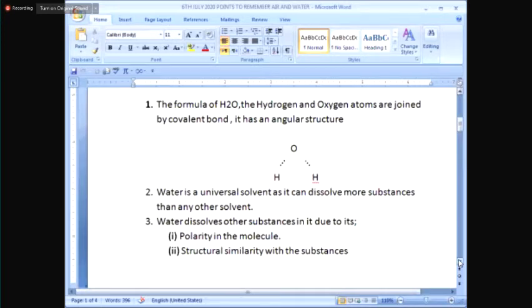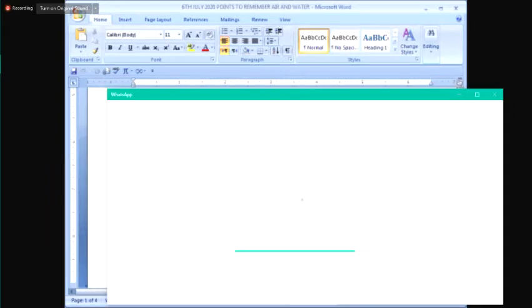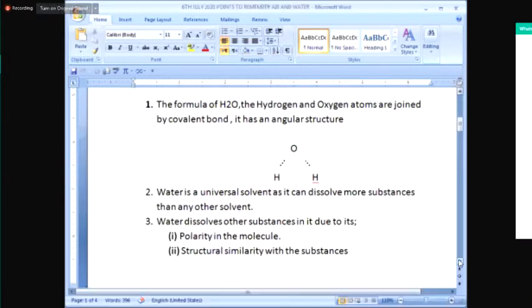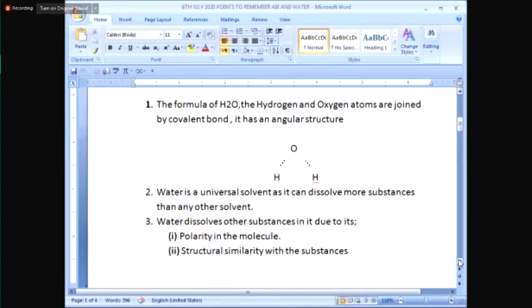So quantitatively, if I look at the formula, it shows 2 atoms of hydrogen combine with 1 atom of oxygen. Simplest quantitative ratio in terms of atoms, not in terms of molecules. Remember, in the molecule, there can't be molecules. Sometimes students say the formula of water contains 2 molecules of hydrogen and 1 atom of oxygen. No, that's an incorrect explanation. It is 2 atoms of hydrogen and 1 atom of oxygen.